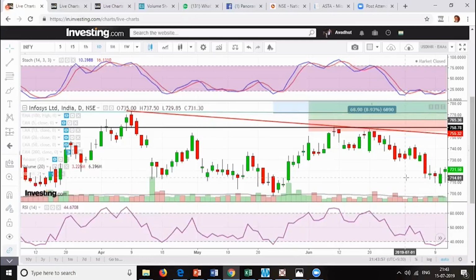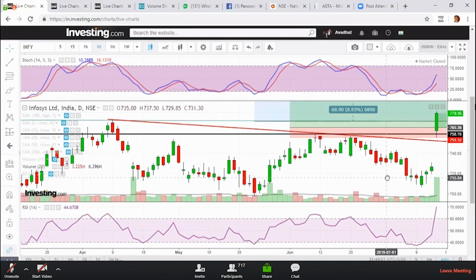Results were good and well accepted by the markets, Infosys went up. Yeah, as simple as that. So